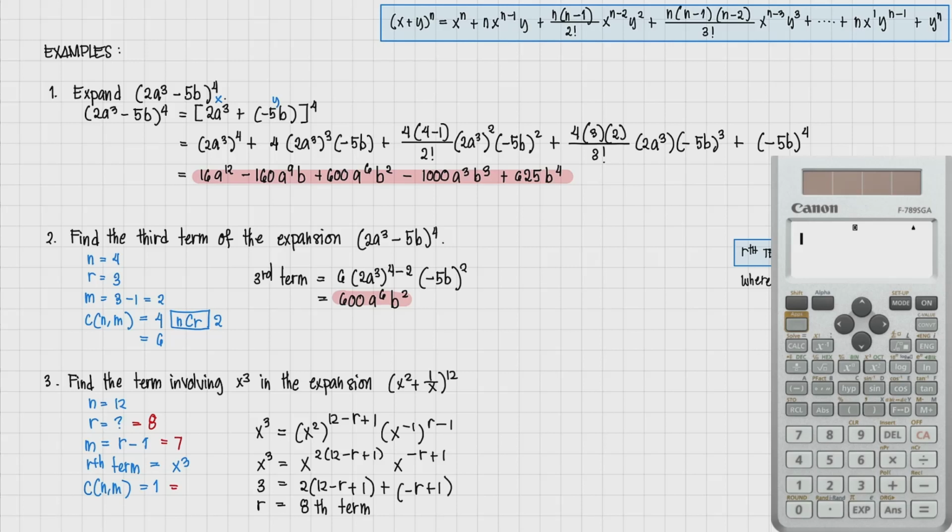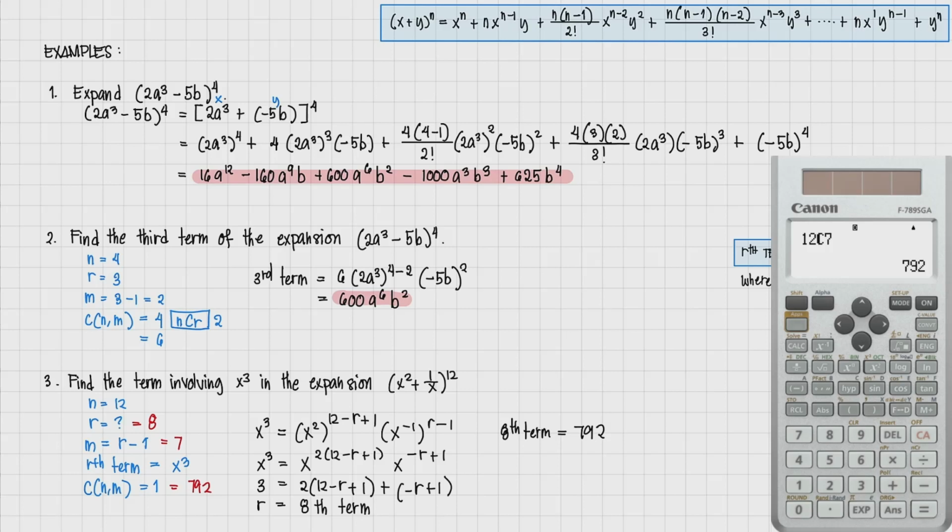C and M is now equals to, so we have n, which is 12, shift C, our m is equals to 7, equals, so that's 792 na siya. Okay? So, our 8th term is now equals to